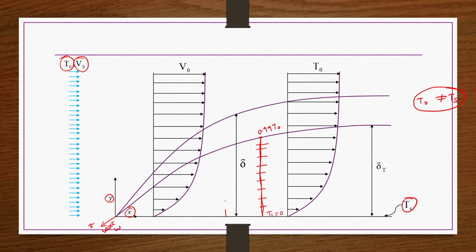Like that, at different locations if you try to develop, then here also Ts is equal to 0, and then gradually as we move up the temperature gradually increases, and then find out the location where the temperature becomes 0.99 times the T naught. Like that you may find out different points for different x values, and then you find here also, joining these lines, you can have a region, one region in which the temperature gradients are existing,